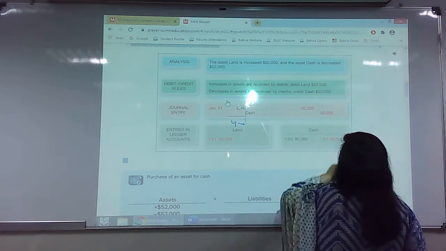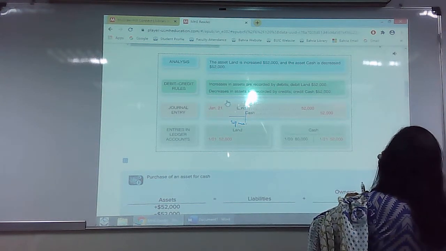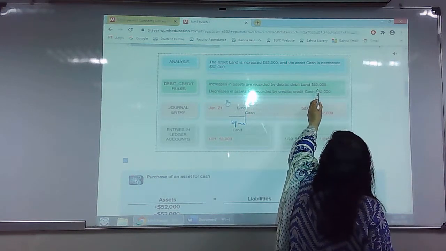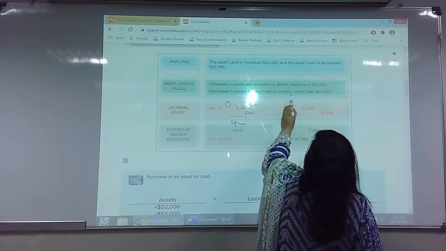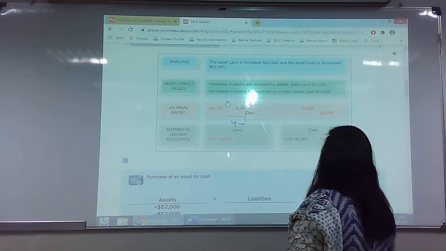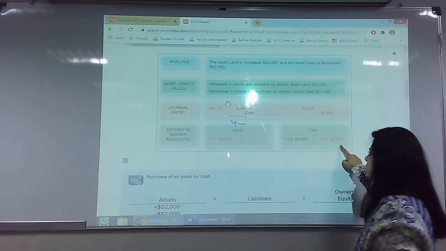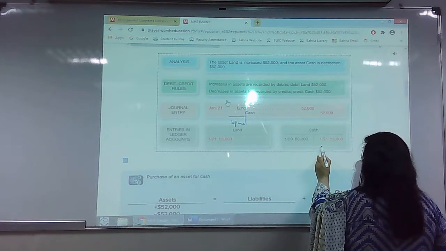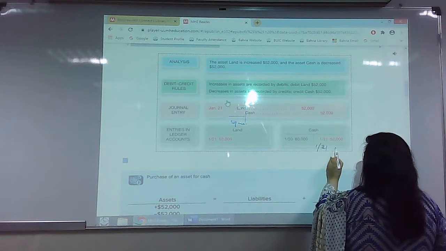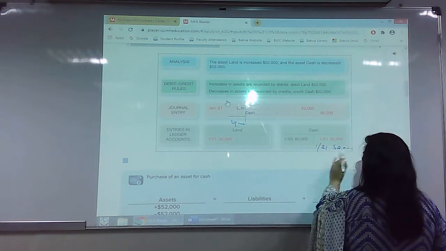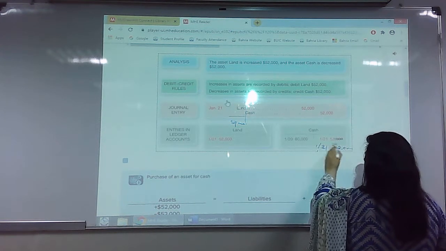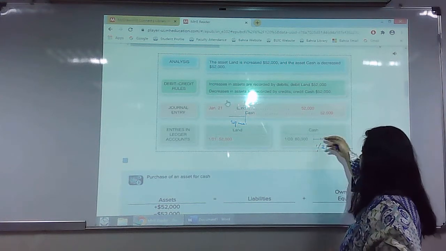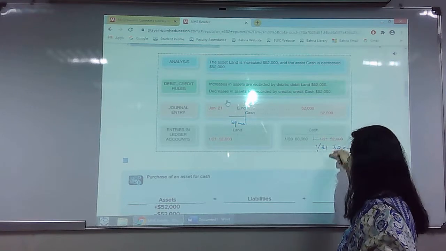So now this is 52,000. The debit and credit rule is that increases are recorded by debits, so you debit land. Decreases in assets are recorded by credits, so you credit cash in this case, because you reduced cash. Because they did not occur on the same date, you can write it not exactly at the same level. You can even write it a bit lower, or since the credit side is completely empty, you can start from here. It's up to you.